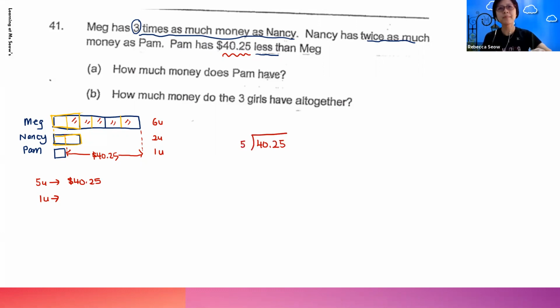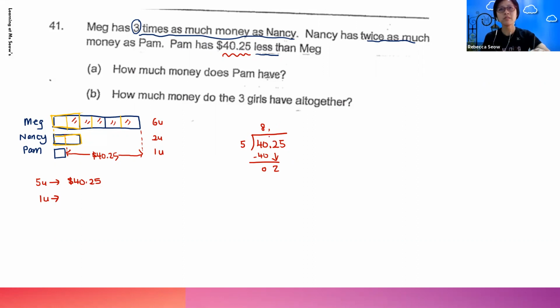Just a recap of how you would do long division with decimals, because I know this is covered this year. You do long division just as you usually do, but you have to bear in mind where the decimal point is. So I'm going to put a decimal point over here first, after the ones place. 40 divided by 5, I'll have 8. I do not bring down the decimal point when I divide. I just bring down the next number, which is 2. And I ask myself, what multiplied by 5 will give me 2?